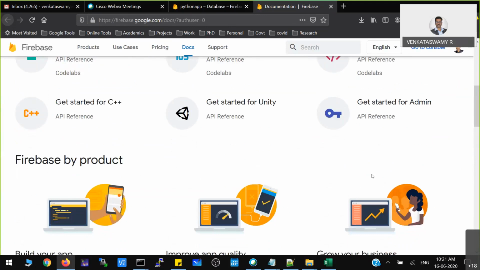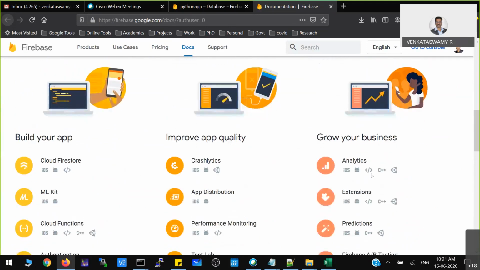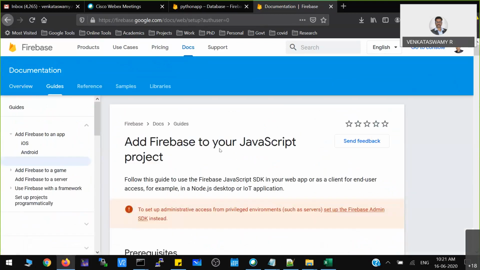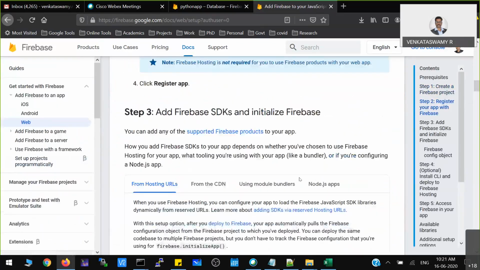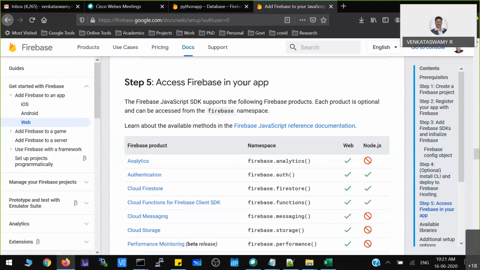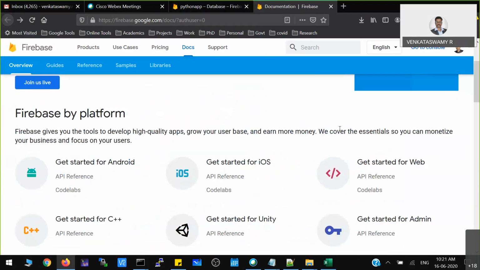how to use Firebase, and if you want to open APIs, then how to use that one. The entire details they will provide. You can go through that, and also for every programming language they will provide the code. Okay, codes are available. So in that way you have to use this particular help menu.